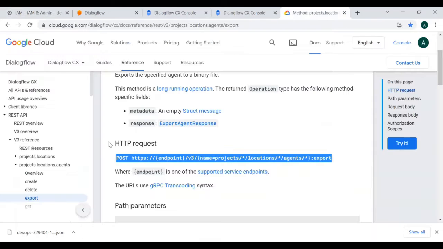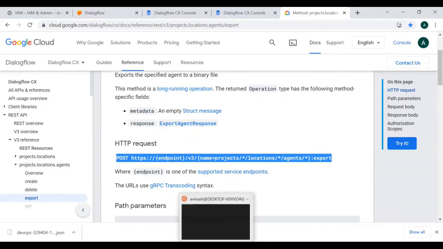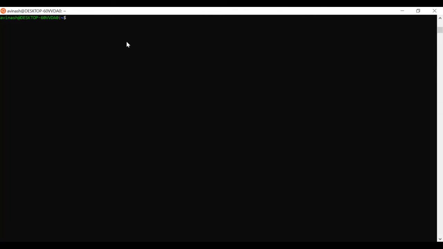Now, in order to run this particular API command, you need to install the Google CLI. It means the gcloud CLI, right? And for that, I have already installed it on my local Ubuntu system, and that is totally arbitrary. It depends on you, whatever system you are comfortable with, either Windows or Linux. Any platform is okay. You just need to install the Google CLI. So I have already installed the Google CLI here.